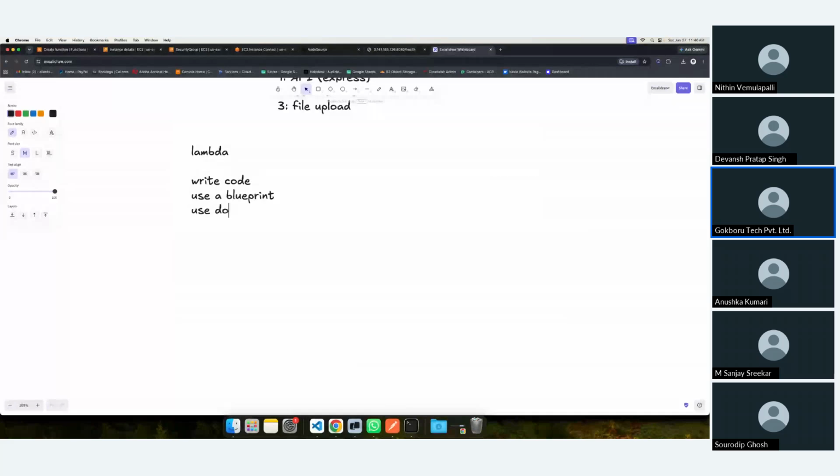Now you can use here either Node.js, maybe Python or .NET, or any kind of code you can deploy here. But the only limitation is you cannot do high compute tasks